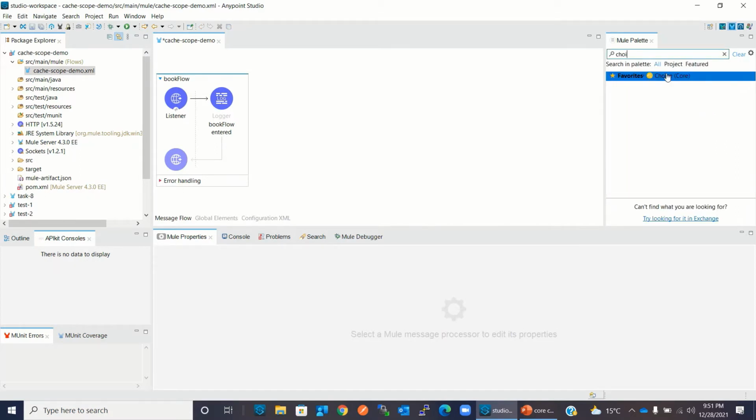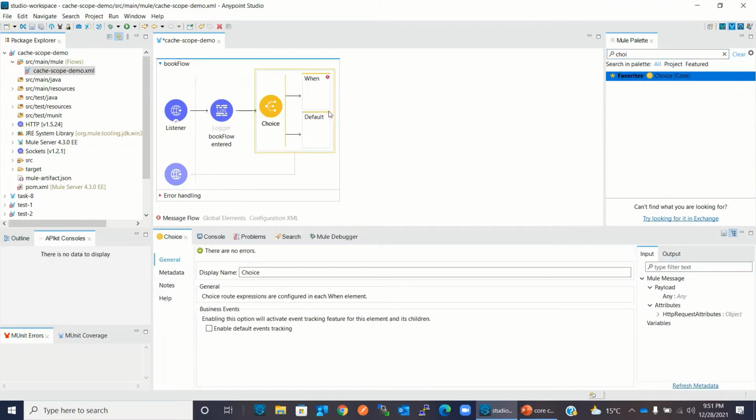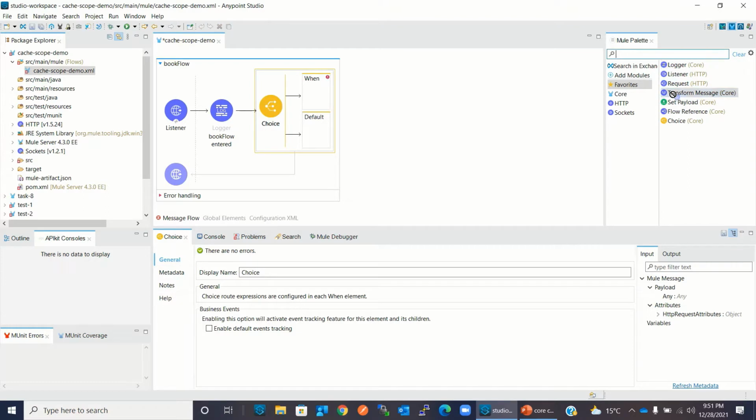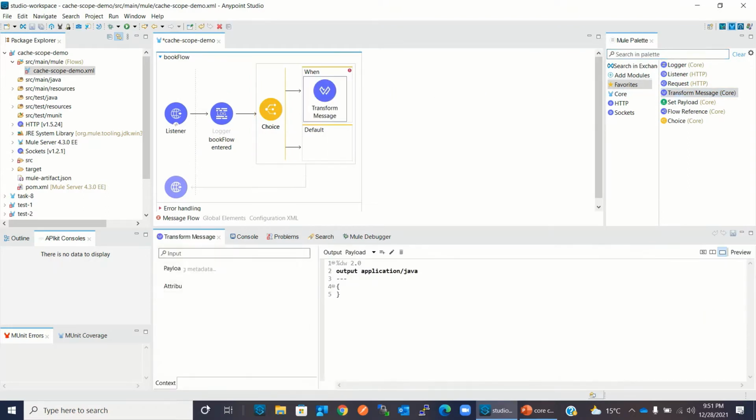Drag the choice router inside the flow, and here I will build the book payload. So I will say output is JSON.